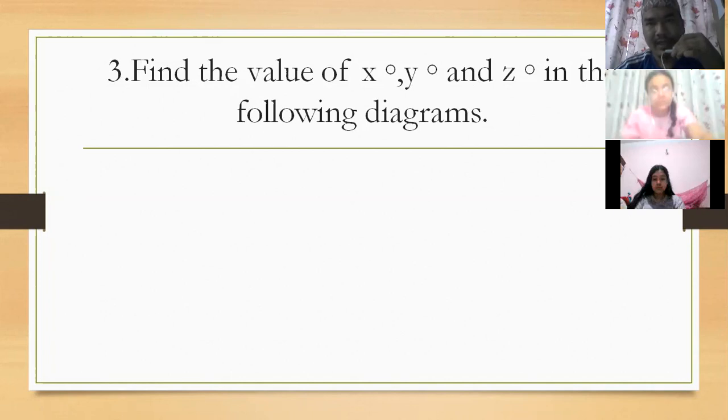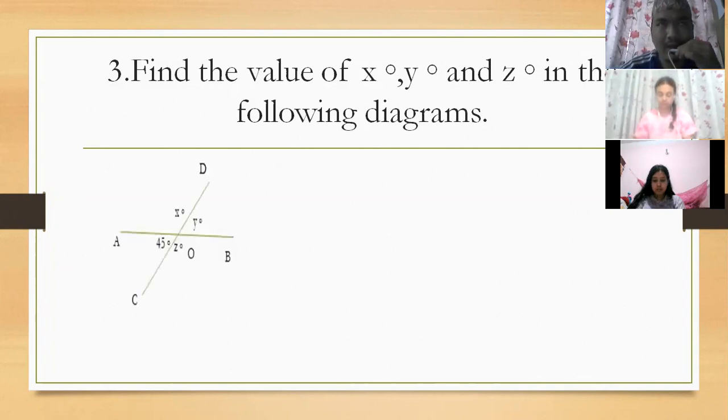Okay, children, and we have to use the methods. Look here, I am going to show these methods to solve those questions. Here it goes like this. In this, look here, this is the figure of this question, first question. In this question, which angles are missing? Angle x degree, angle y degree, angle z degree. These three angles are missing here, and we are going to find them.